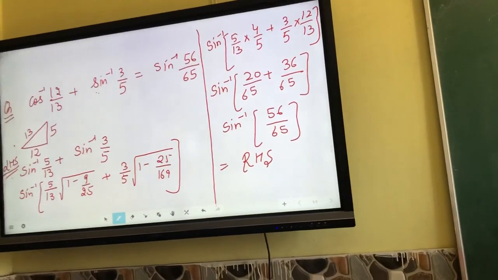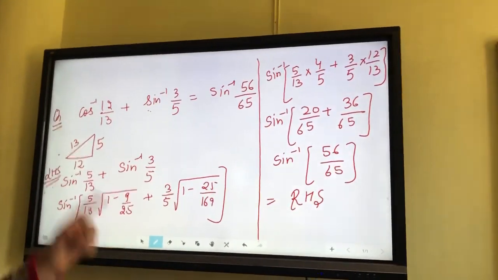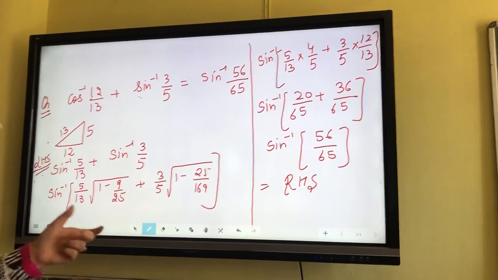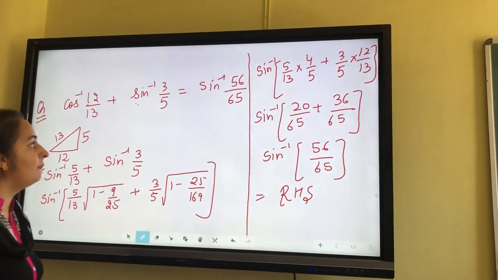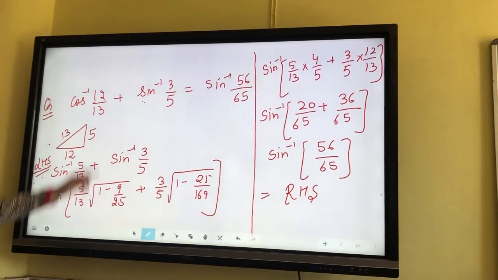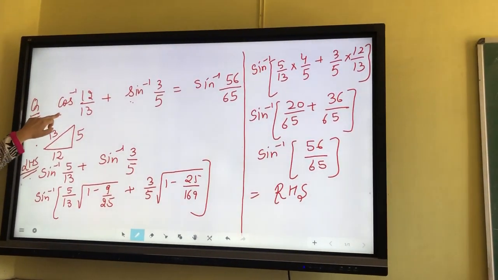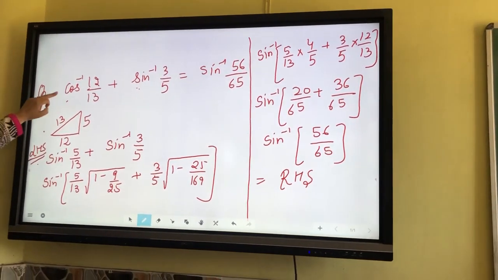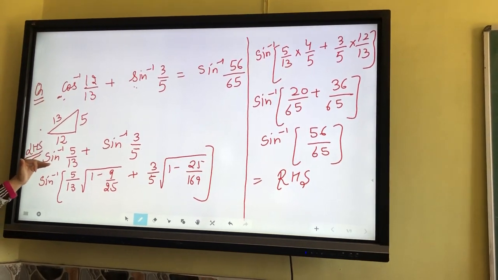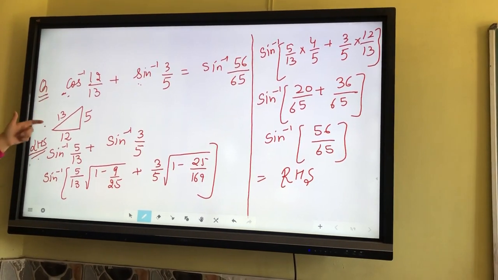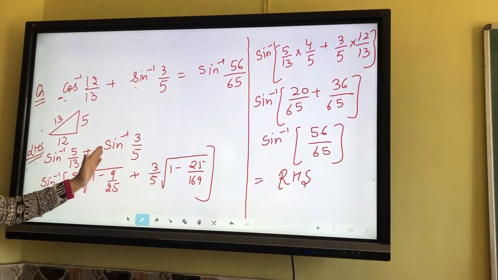These are some of the methods to solve, means to prove the question that the left hand side is equal to the right hand side. But we have to keep one step in mind, that all the trigonometries are in the same form. All the trigonometries in the same form means if the first is in sine, the second is in sine, then the third one must be in sine. If the third one is not in sine form, then convert this trigonometry into sine. How will we convert it? By using the Pythagoras theorem. By converting this, all the trigonometries are in the same form.